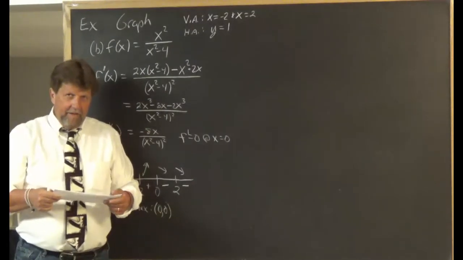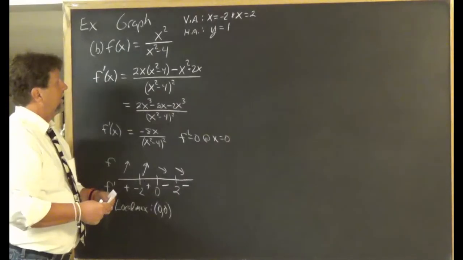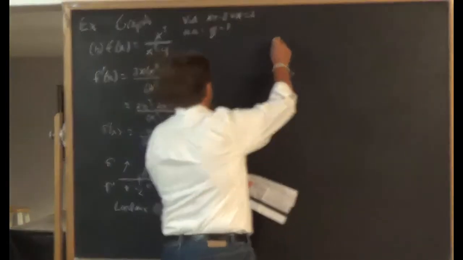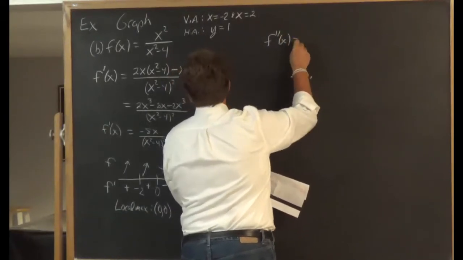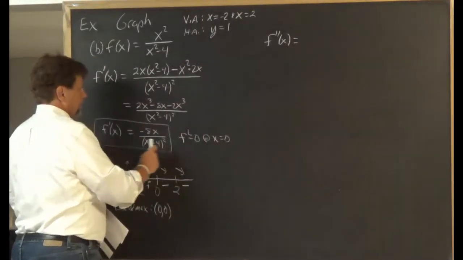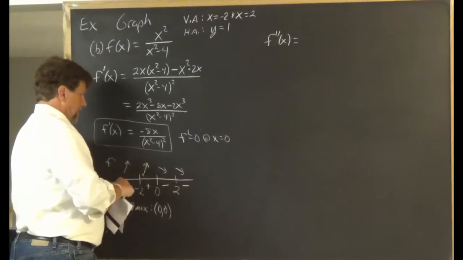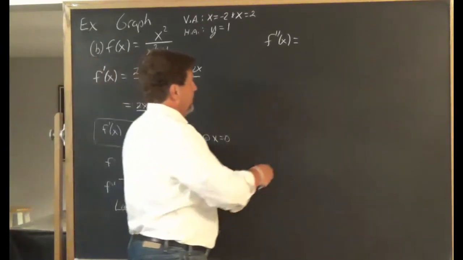Okay, now for concavity, I need to get the second derivative. And already thinking ahead, I'm going to have to do some erasing to finish this problem off. Alright, so here we go with the second derivative. So here's the first derivative. So I get the second derivative. We have to use the quotient rule. So it's the derivative of the numerator